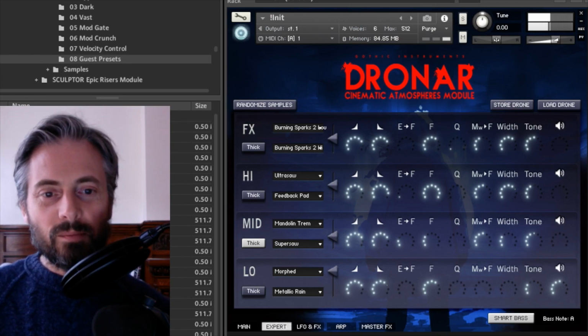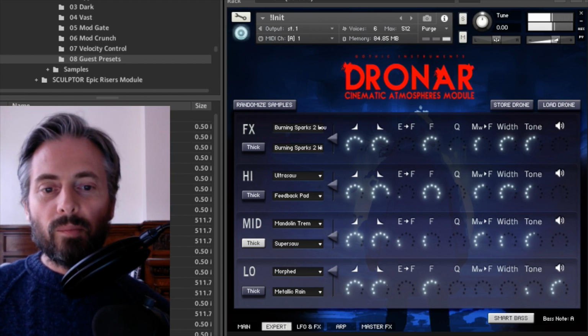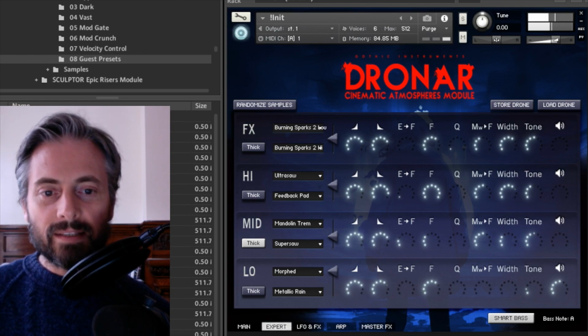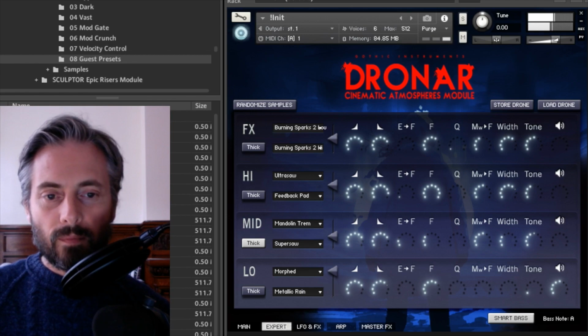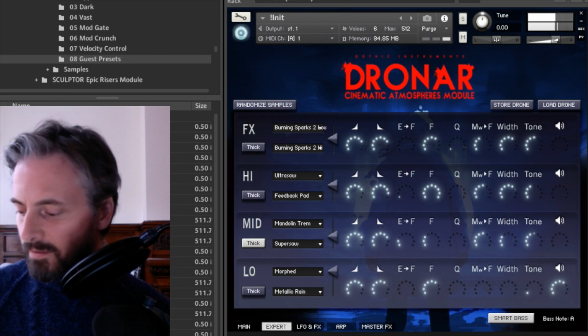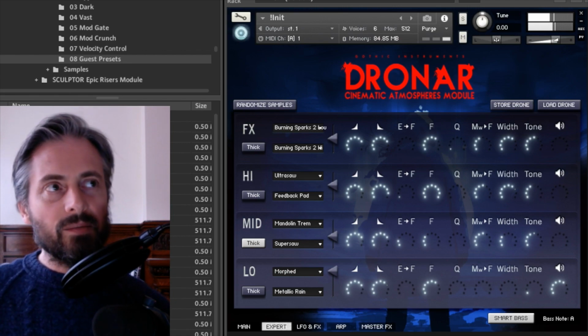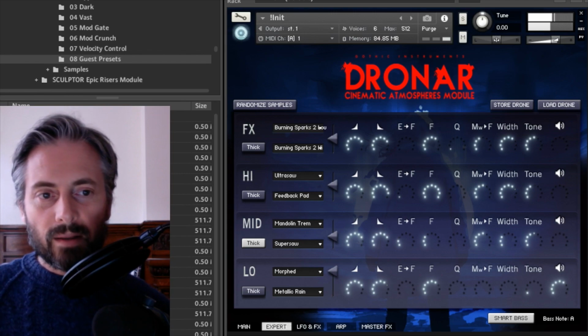So if we take the tone button down, the tone button is a combination of an EQ and a filter. So the more you bring it down, the more it brings up the low gain and starts to push up the real bottom end, as well as taking stuff off the top. Now it's still pretty in your face, but I've got the modulation wheel quite high, and the modulation wheel fades between layers. So if I bring back the mod wheel a bit,